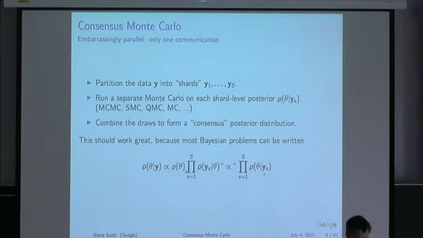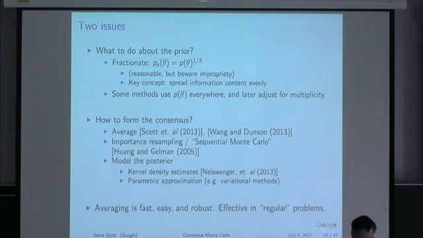It kind of looks, when you look at the problem this way, like you can take the prior and just write it to the 1 over s power, right? And then you can give a little piece of the prior to each of the workers. In some problems that works great, and in other problems it's a problem, right? Particularly in problems where the prior is there in order for you to do some sort of a regularization or model selection or something like that, then weakening the prior to that extent, if you take 1/1000th of the prior, then your nicely regulated model and your Bayesian model selection might be wild and you'll end up with too many variables or something like that.